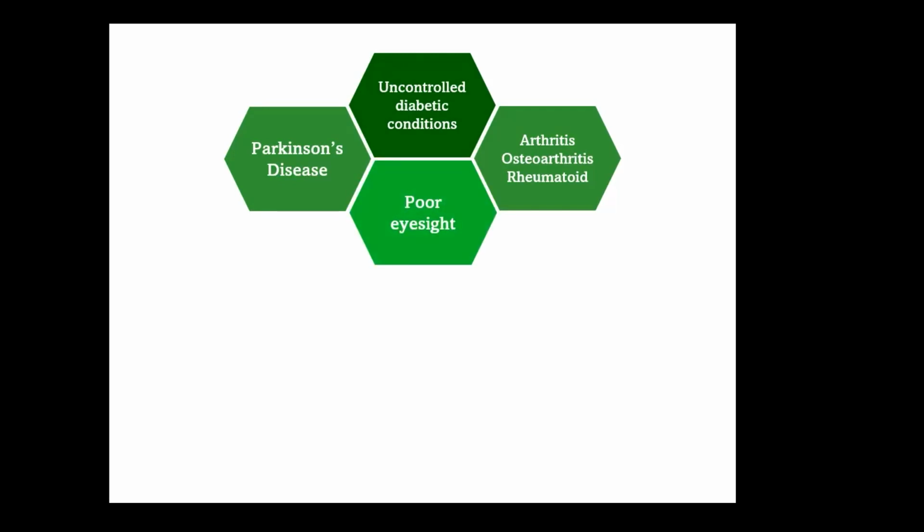Next is eye problem, which we shall talk about in more detail in the next slide. If we cannot see well, it will contribute as a risk factor and may cause fall. Gout is another common arthritis that is the result of too high uric acid level, and the excess uric acid will crystallize at our joint area and cause inflammation and pain.